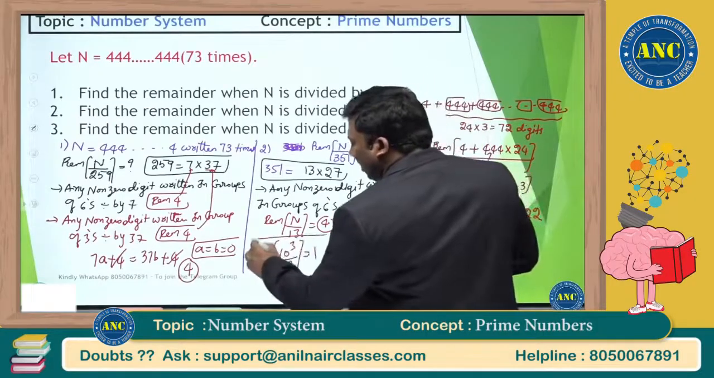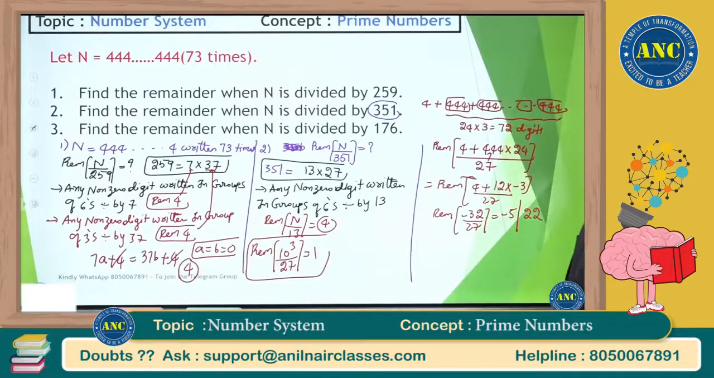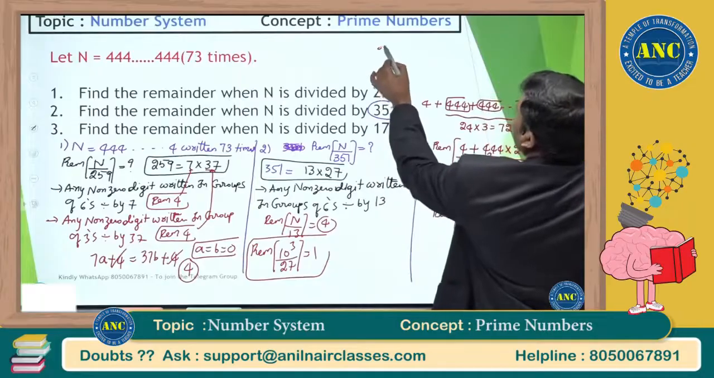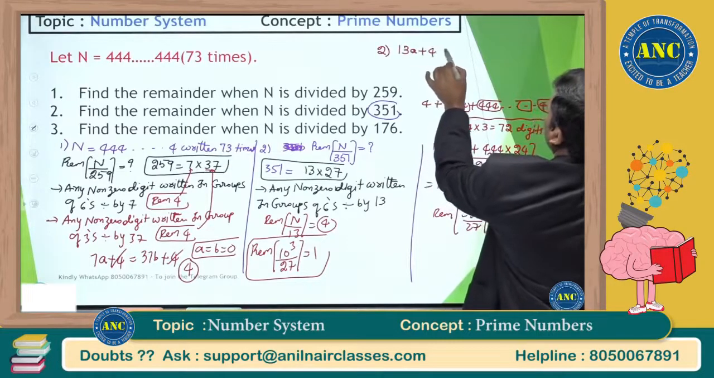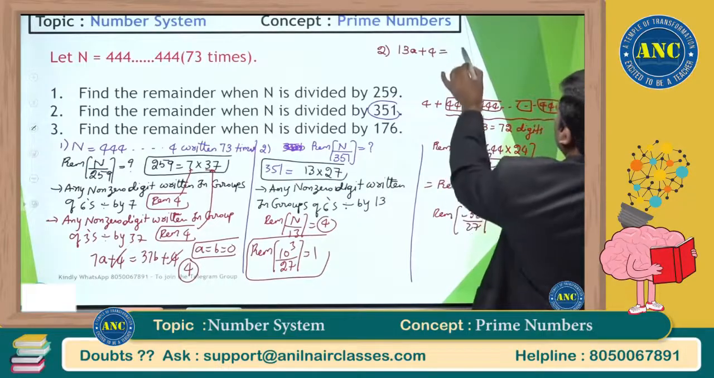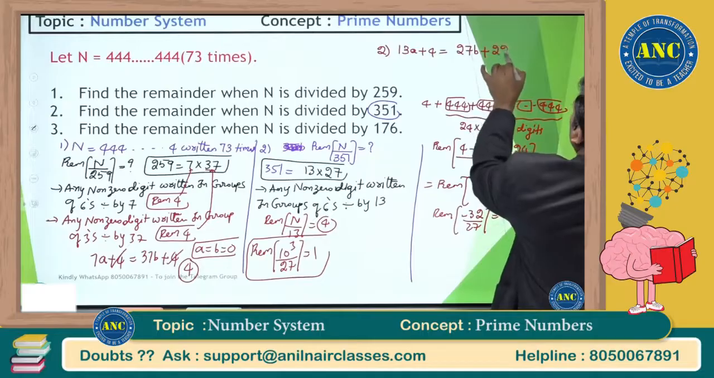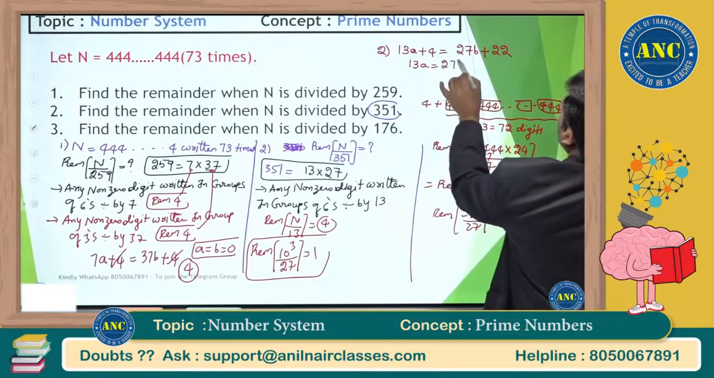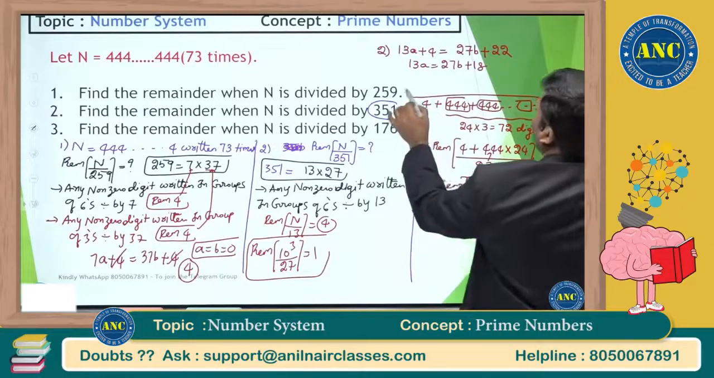The divisibility rule for 27 is: start from RHS, take a group of 3 digits. So I got 2 cases. I am doing the second one here. When I divide by 13, I got a remainder 4. When I divide by 27, I got a remainder 22. So 13A is equivalent to 27B plus 18. So this can be written as,